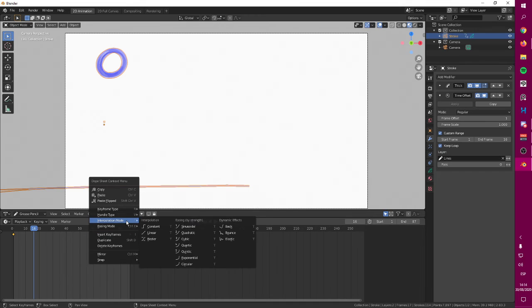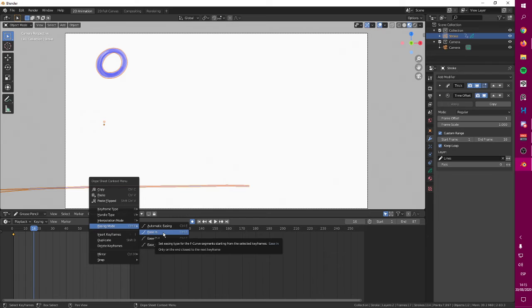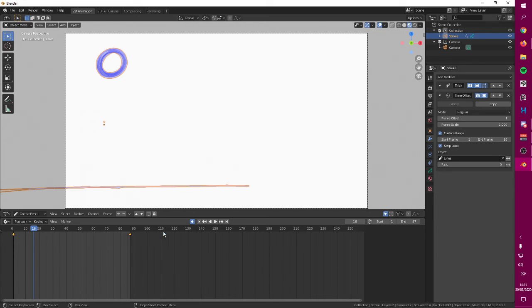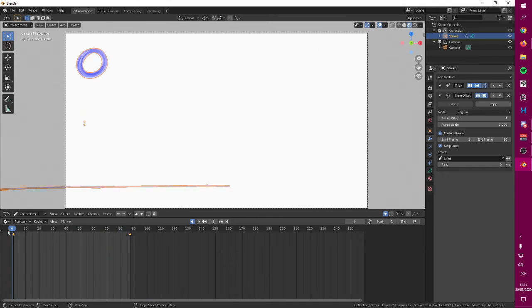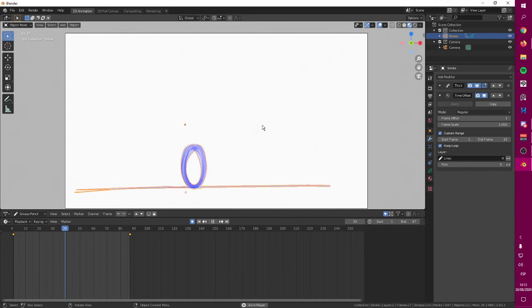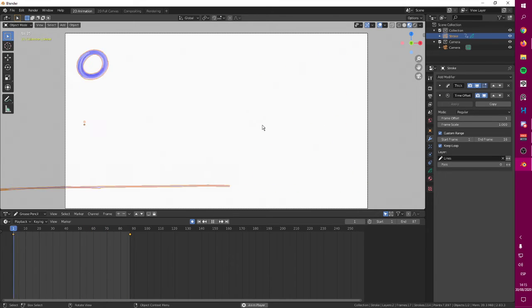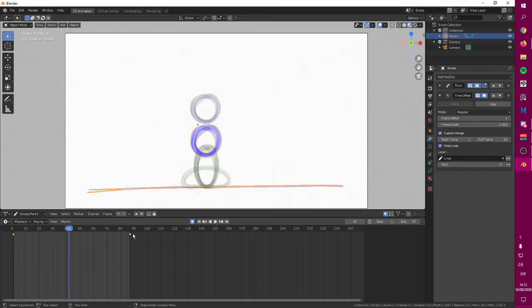the style of your interpolation. So right now this is on linear mode, and you can change your easing mode. Easing mode is like if you want to add an ease in, an ease out. So let's say we want to add an ease in. So this is going to be really smooth in the end. Or you can do both, automatic, or maybe ease in, ease out.